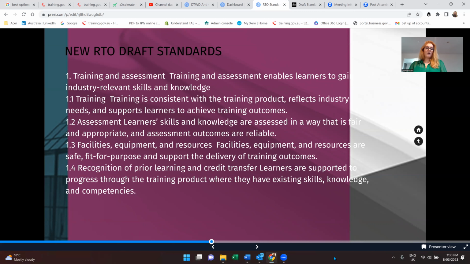Recognition of prior learning and credit transfer. So learners are supported to progress through the training product where they have existing skills, knowledge, and competencies. So this is going to be quite, again, I think this is probably a little bit new in that we actually